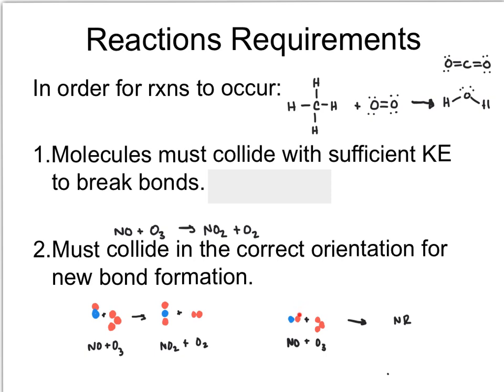We do not want a bond to form between the oxygen atom in the NO and an oxygen atom from the ozone. We want instead for the nitrogen atom to be bonding to one of these oxygens. So in this context, this orientation, even with sufficient kinetic energy, will not give us the desired reaction. What will happen is these molecules will bump into each other and continue on their way without any bond